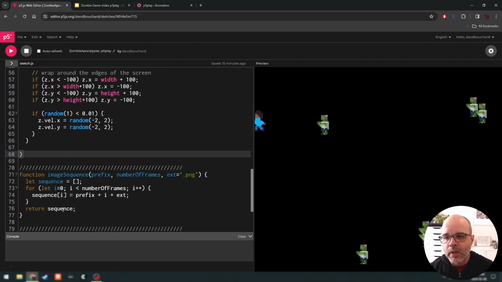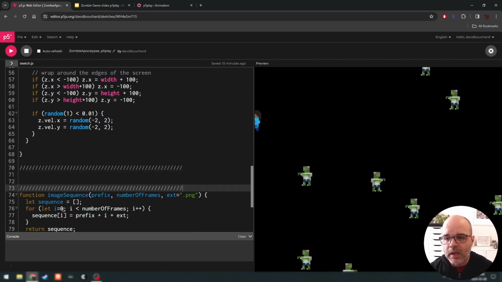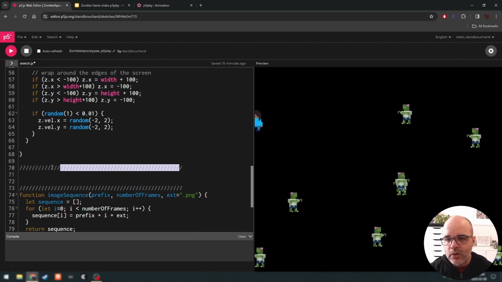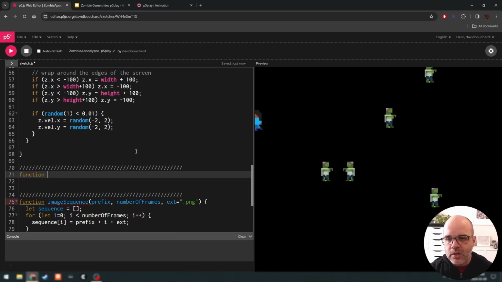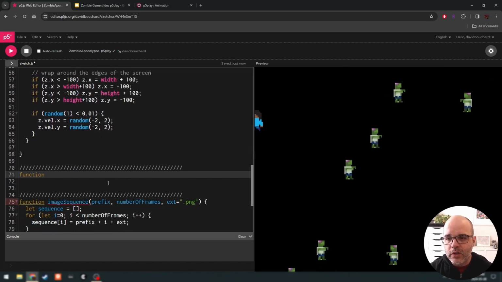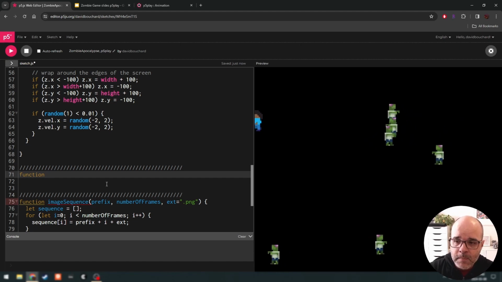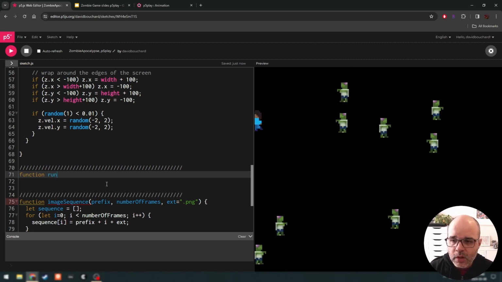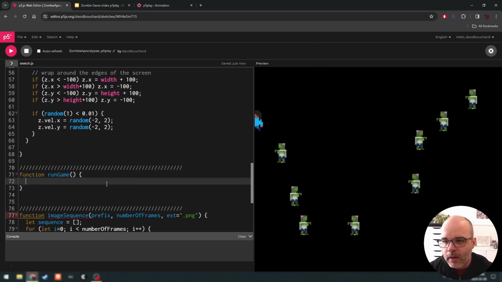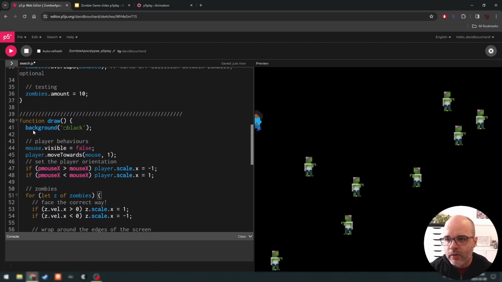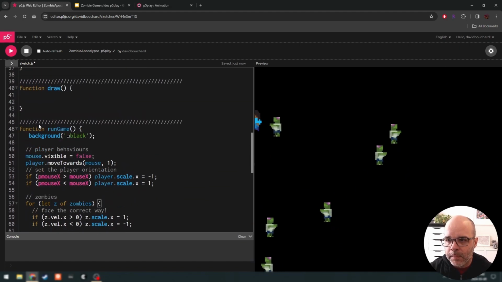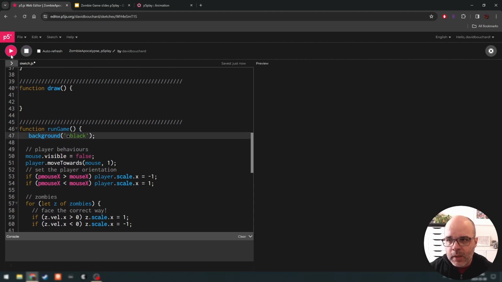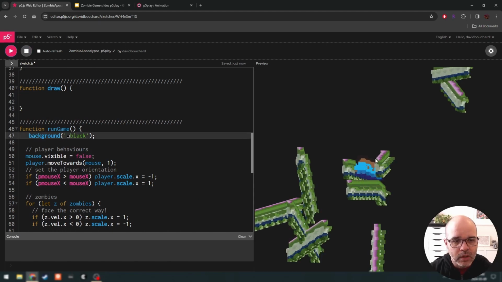function. So let's go below draw here. And again, I've mentioned this before, but I like to use these lines of comments to separate out my functions. It just gives me some visual cues where functions start and end. You don't have to do this. So let's make a function. We're going to call it runGame. And we're going to take all the code we have for running the game and put that into runGame. So now, of course, if I hit play, predictably,